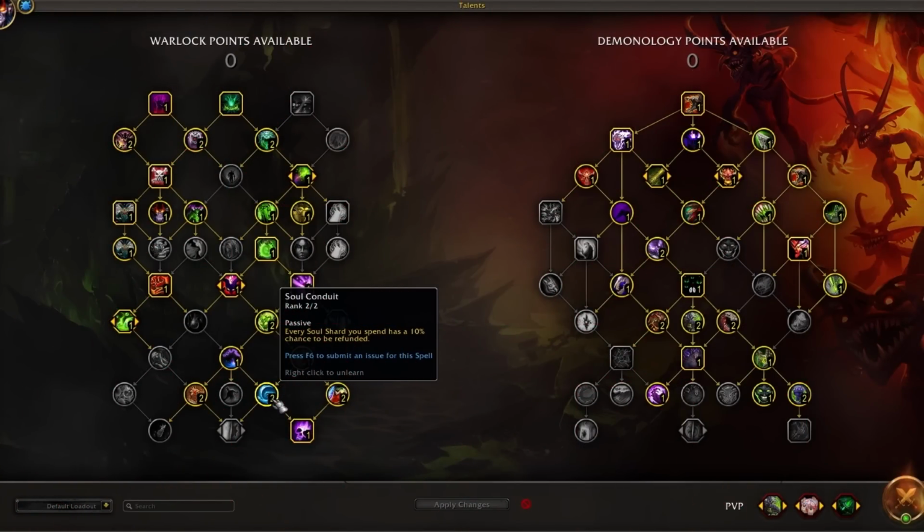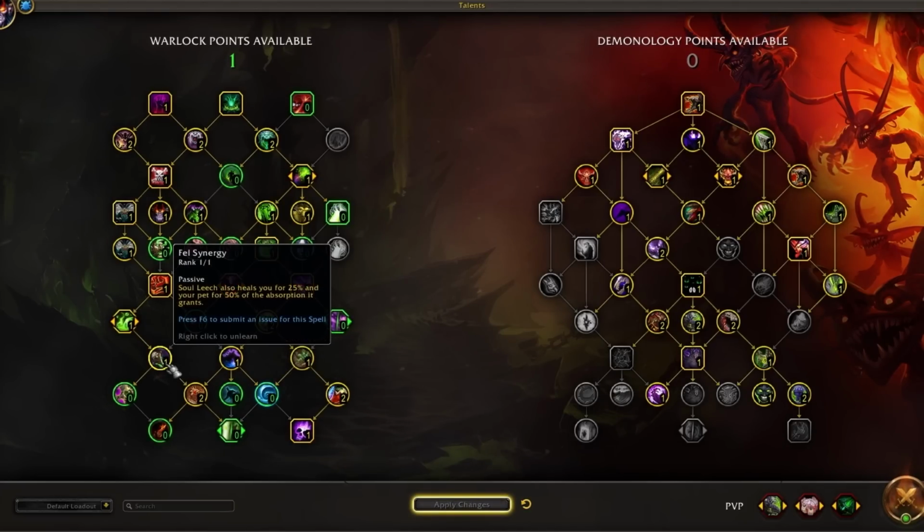If you wanted to use these 2 points to get more damage output, then the most common variation is to put them into Soul Conduit for the chance at some additional shard generation, which is especially good in our more setup-oriented builds. Whereas if you need more survivability, you can instead opt for Fell Synergy to empower your Soul Leech,